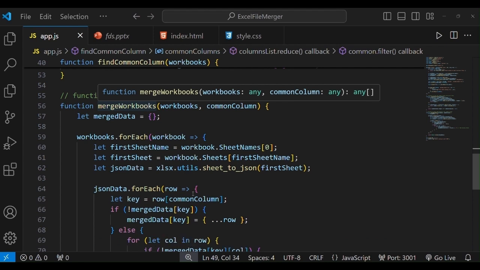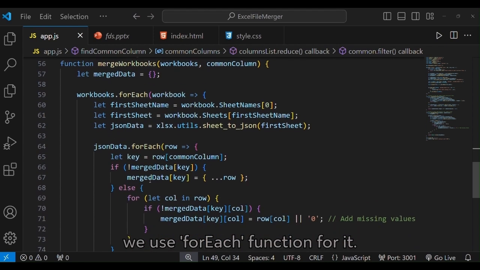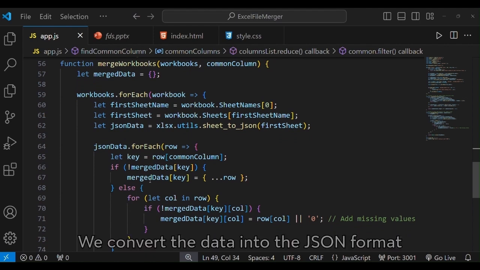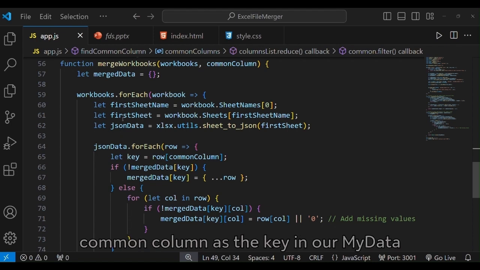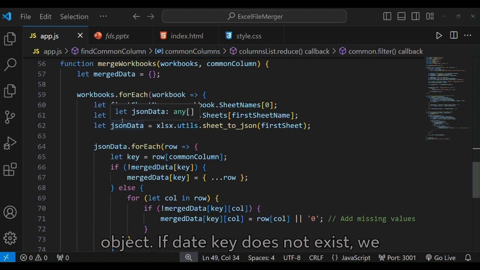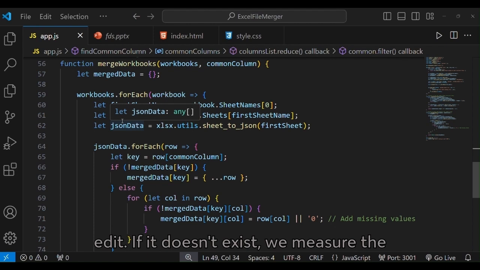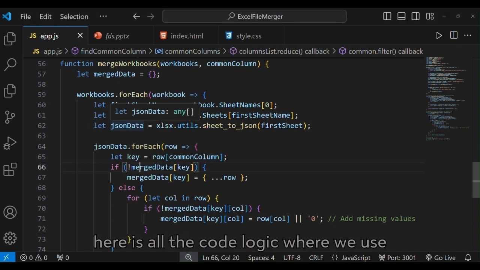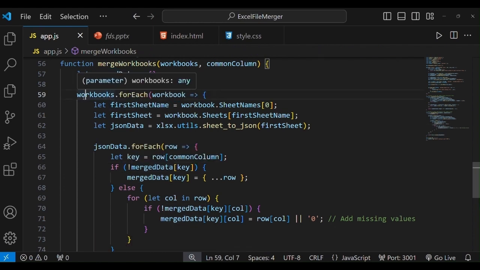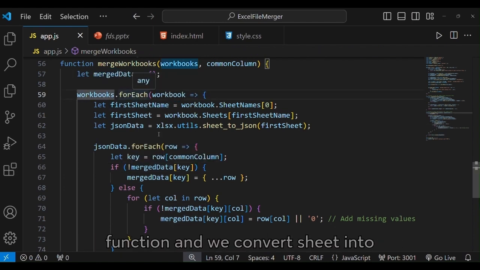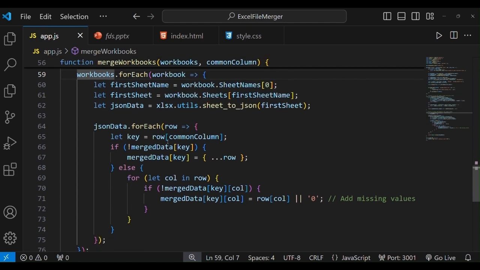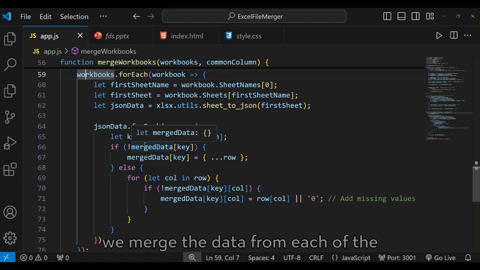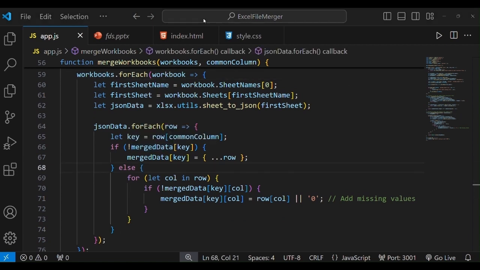For each workbook, we use the forEach function. We convert the data into JSON format and go through each row. We use the common column as a key in our merge data object. If that key does not exist, we add it. If it doesn't exist, we merge the data, filling any missing value with zero. So here is all the code logic where, across each workbook, we use the forEach function, and we convert each sheet into JSON, and then we merge the data from each of the entries from the